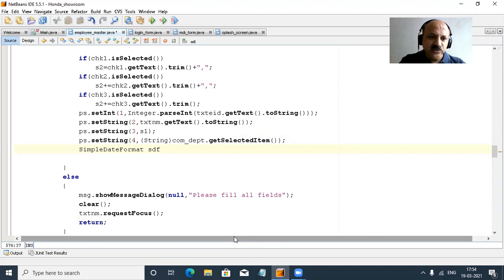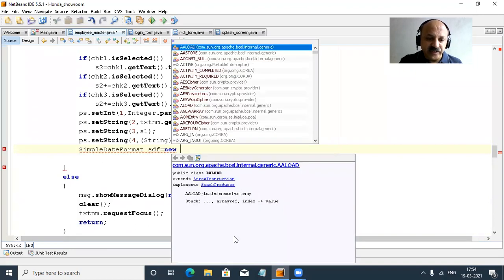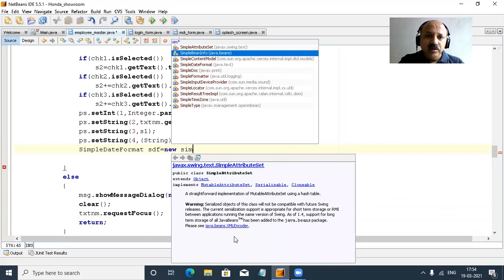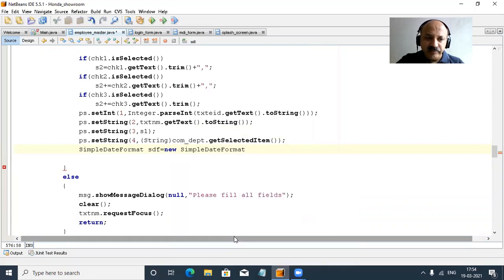Yes, that variable. So SimpleDateFormat is the type, and we have to create the object with the new operator, and SimpleDateFormat, and we can pass our format. So which format? Yes, dd slash capital MM slash yyyy, for the year.